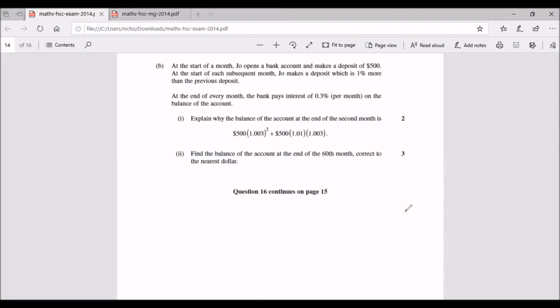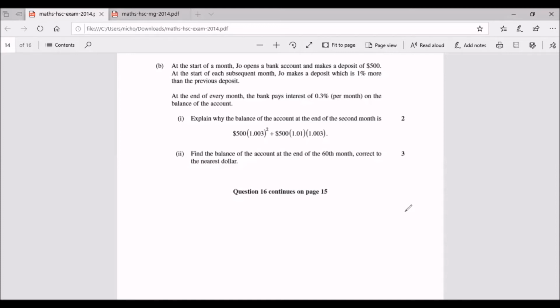Normally with compound interest, if I had $100 and then an extra 10%, then the next year it would be 10% of $110. So I'd add the interest each time and then do the interest of the new amount, right? And that's how we work with credit cards, home loans, and how your bank account earns interest. So this is similar, except